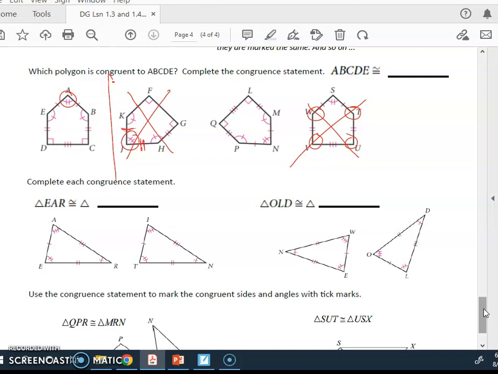I would probably start with letter N, since A is the top, and I'm looking for the one with the double tick mark, which would be N. And then angle B has the single, and you have 2 choices, and it goes to a right angle. So I'm going to go this way, single to the right angle, so N, P, Q, L, M. And if you go counterclockwise, it would also work. So there's actually 2 ways to do this one to match up the shapes perfectly. Take a look at how to match up the other 2 shapes by putting one shape on top of the other. Make sure the letters are in the right